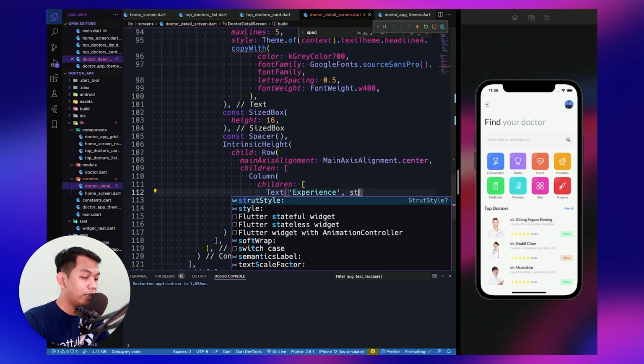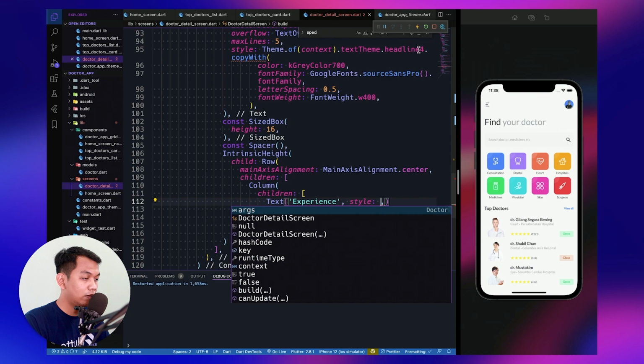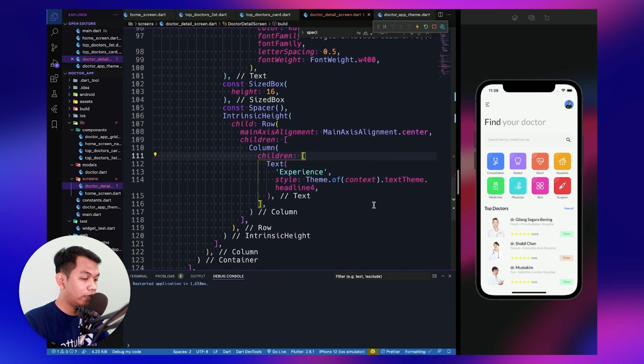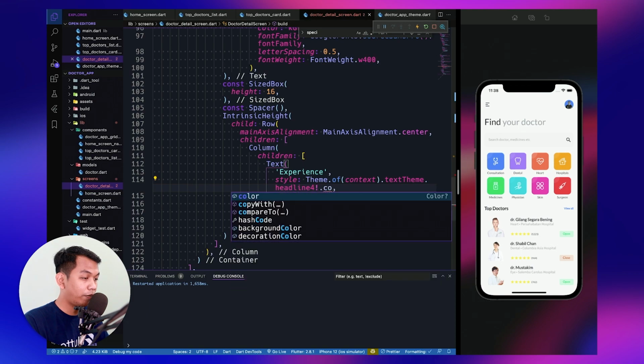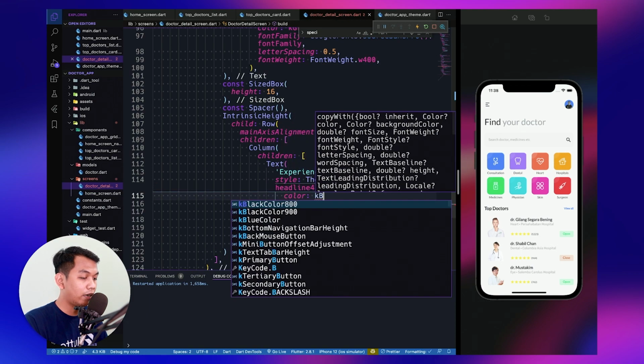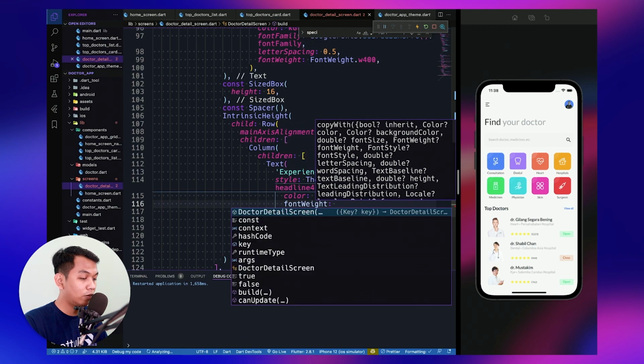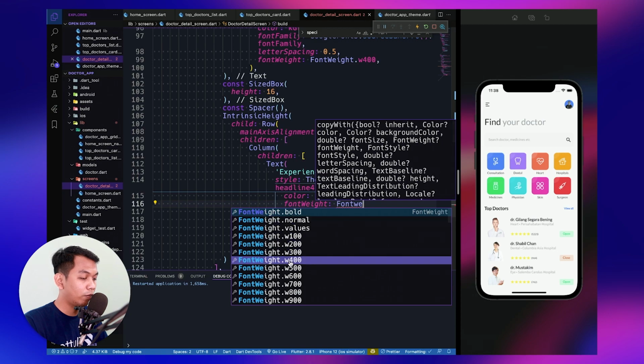And for the styling we need to copy from this. Okay, and we need to change a little bit. The first is copy width, we need to change the color to K black color 900, and for the font weight set it to font weight dot normal.